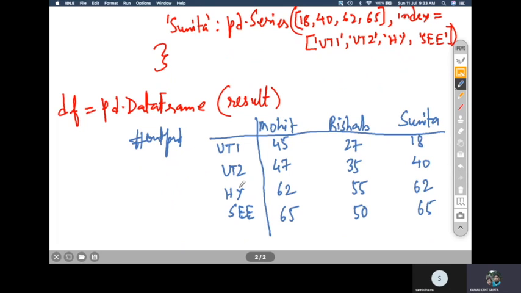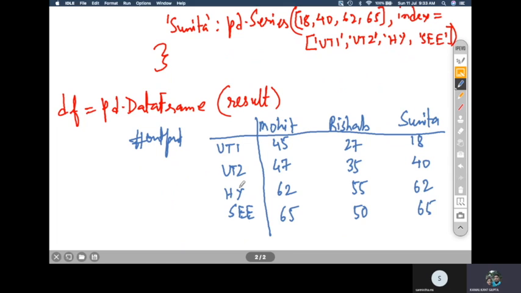The values of a particular series. So each one column is one series, whereas the names of the indexes will be the row indexes associated with it. So this is very, very important to understand. So the data type of the columns will be series only.